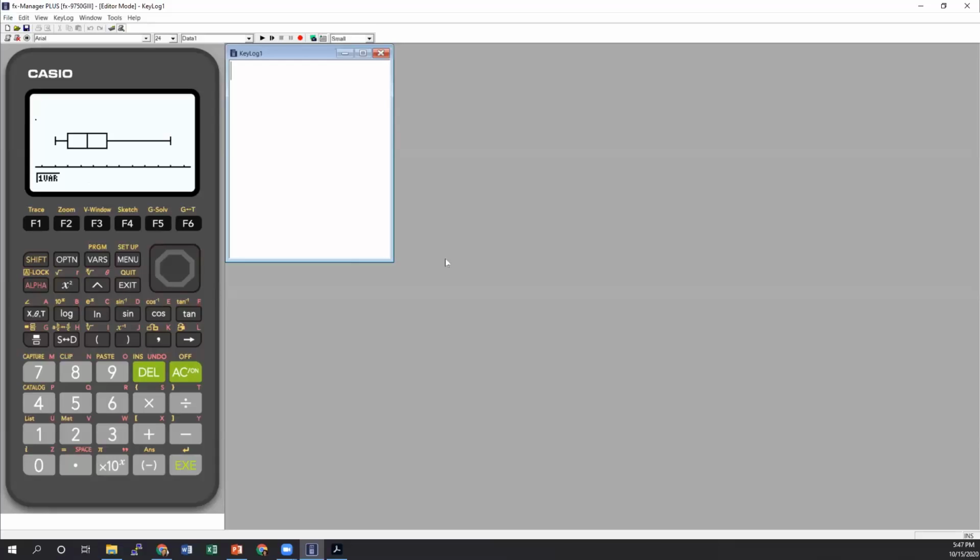So clearly we lean more towards the shorter side of things today, or we have that one outlier or anomaly. But I'm going to press exit now, because if you look above F4, some of you might have seen this, it says SEL, that's for select, because I can actually graph all 3 graphs at the same time. And so if I wanted to take a look at different histograms or different box and whisker plots together, this is how I could do it. Remember, we had a histogram in StatGraph 1 and then our box and whisker plot in StatGraph 2. And so both of those are now on.